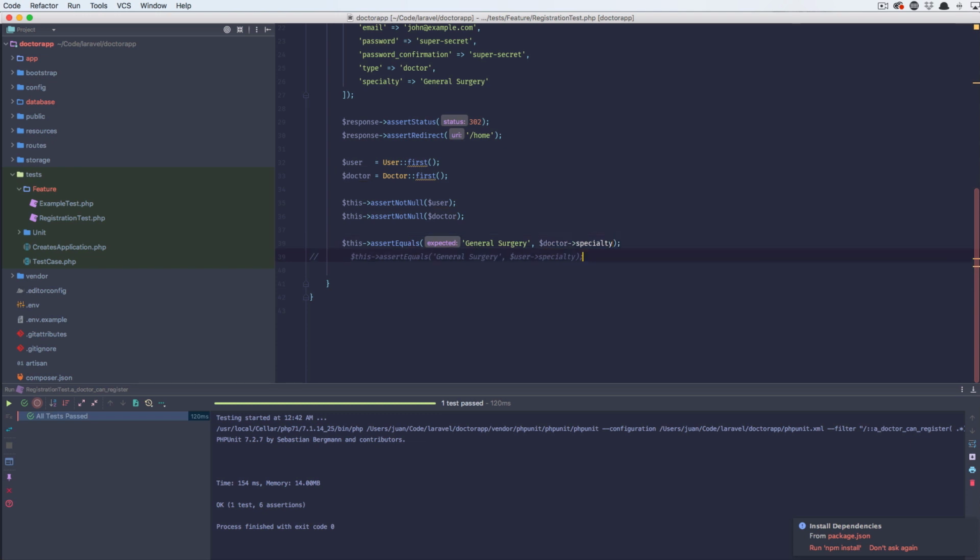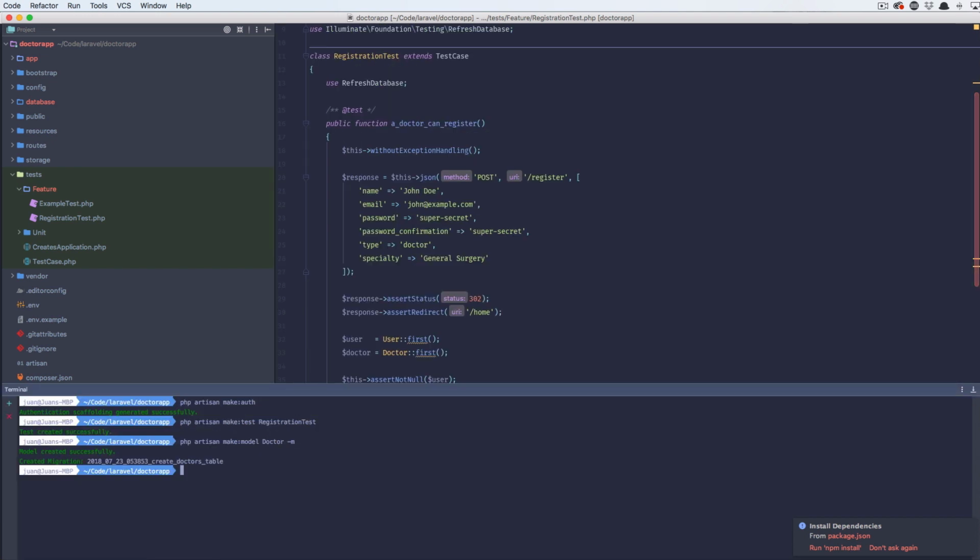But we still cannot pull it off of the user. So the way we're going to handle this is we're going to use an observer. So what we can do is type php artisan make:observer, and we can pass in the name of the observer we want to call. So UserObserver,